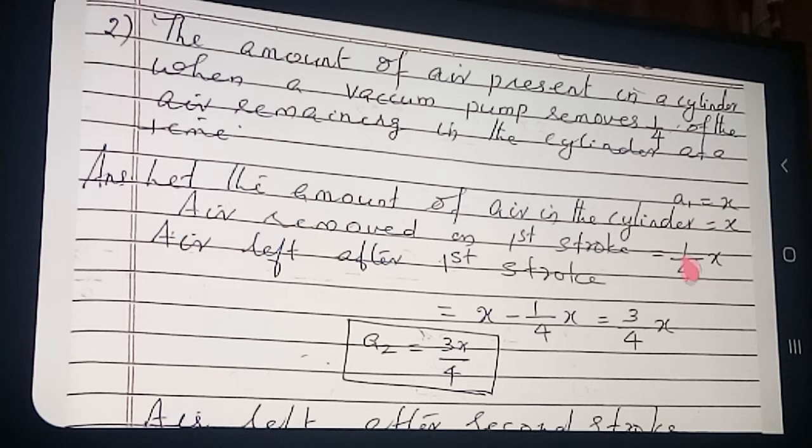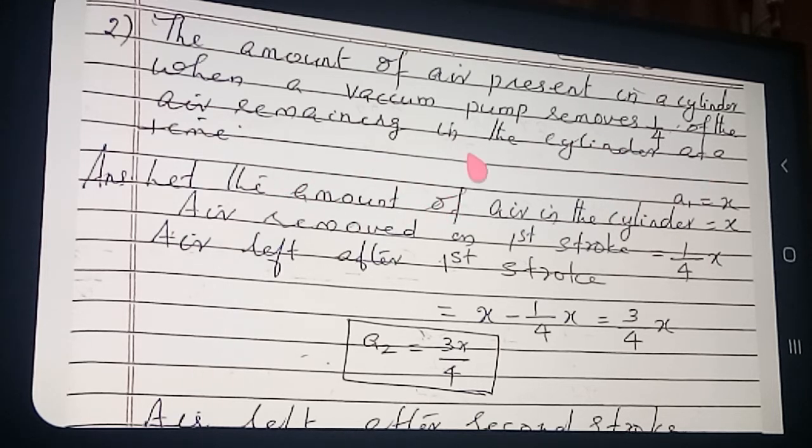After removing this 1/4 from the present air. What is the present air? x. From that how much removing? 1/4 removing. So how much remaining? 3/4 x. This is the second term. Clear? And then, this is the first term, knowing clearly. The second term, knowing clearly. I am explaining only the terms, since that is where you may have some doubt. So the first term you already know, the present air is this much, and after the first stroke, how much is removed, what remains is this one. That is your question.